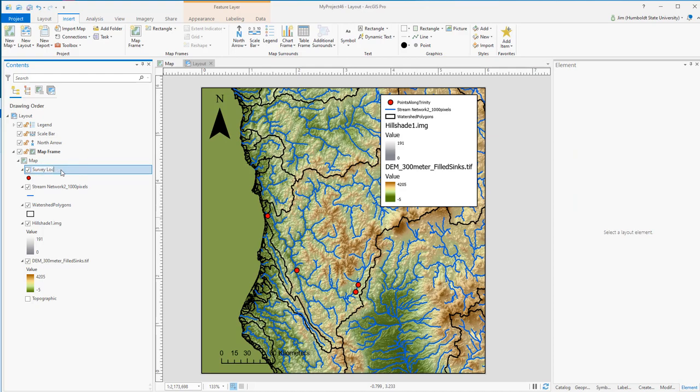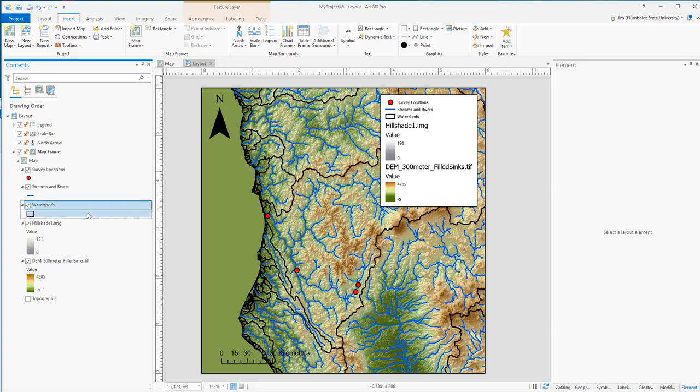And I'm going to rename that Survey Locations. When you rename the layer, it'll automatically update the legend. You can't have underscores or anything that looks like what I have there. That's fine for a shapefile name. Let's call that Streams and Rivers. And then down here, we're going to call this